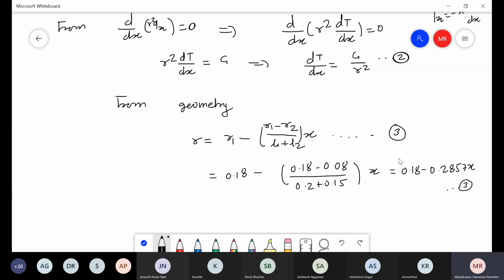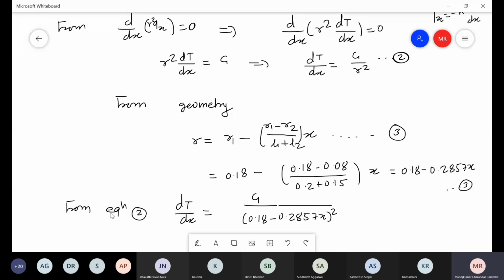So dt by dx, again I can write down from equation 2. Now we can write down dt by dx as c1 divided by 0.18 minus 0.2857x square. So now we can integrate it, isn't it? So after integration, what we get is,